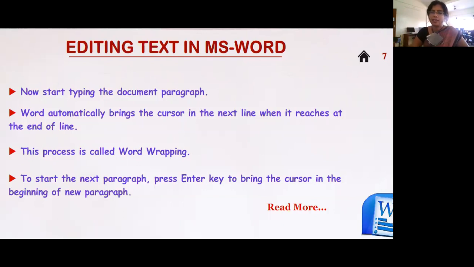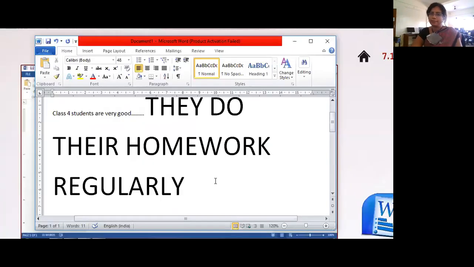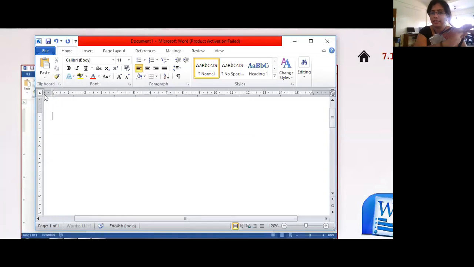To start the next paragraph, obviously you need to press the Enter key to bring the cursor to the beginning of the new paragraph. Let's see how I do it. I'll delete this one. I want to write again: This is a computer class.